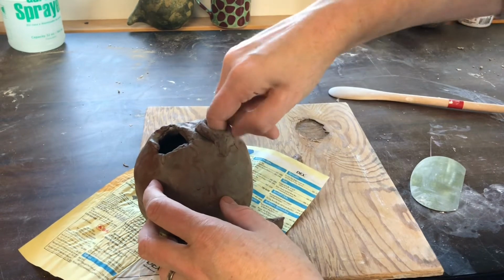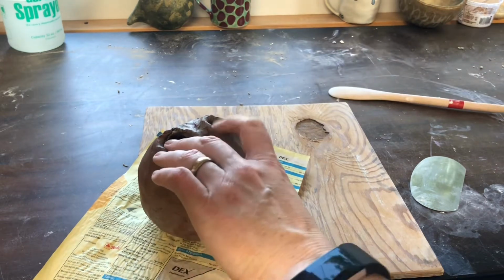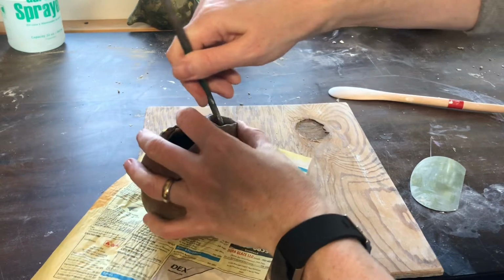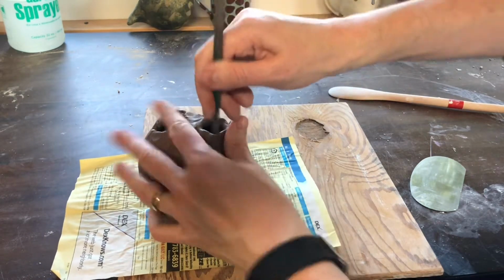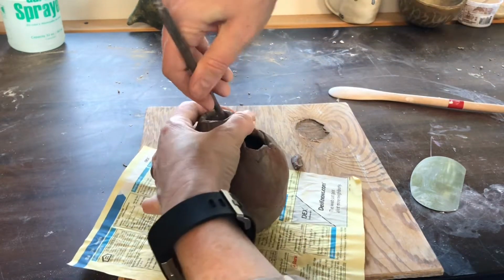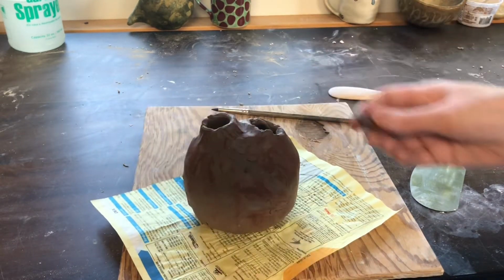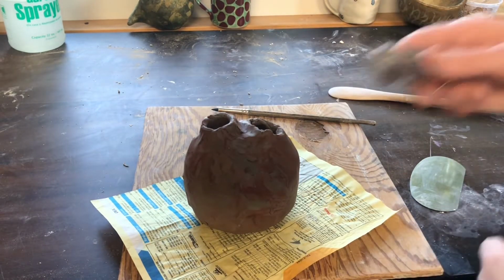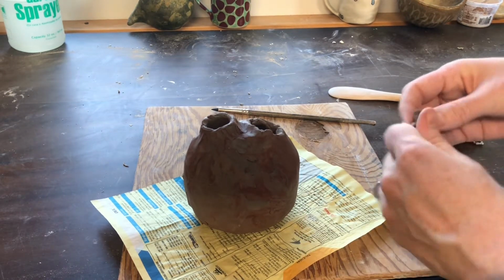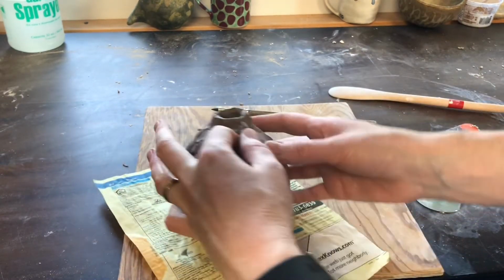So this has gotten so skinny that I can only fit one finger inside, but that's fine. I have other tools. Here's a nice paintbrush end. I can get in there and I can compress. Remember, pressing the clay together makes those seams stronger. Even if you can't see them, you want to make sure those seams are nice and strong. What's the other way I can make sure those seams are nice and strong? I can score and slip when I attach those. But I'm skipping the scoring and slipping right now, and I'm just going to continue to build with these coils